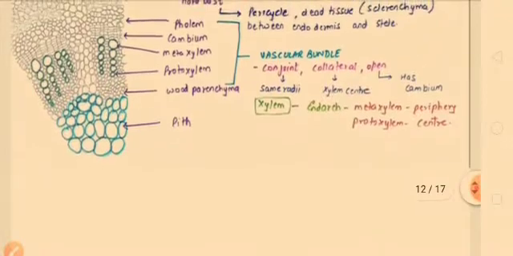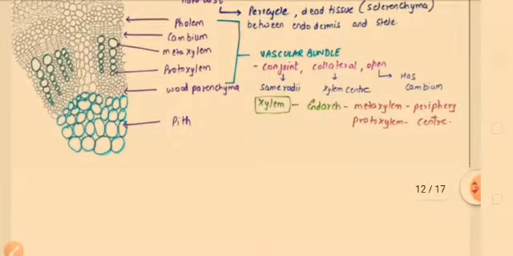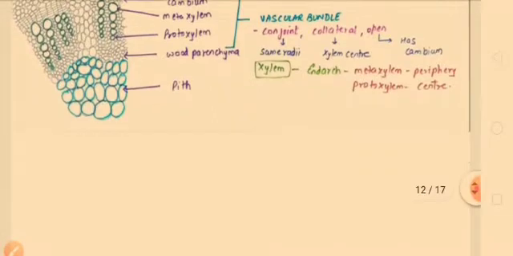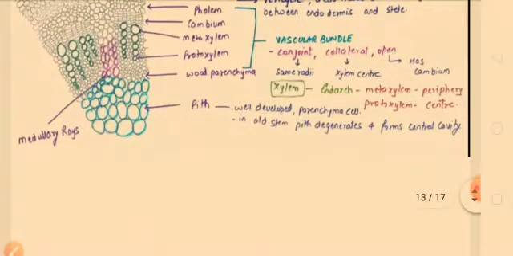Next to the xylem and phloem vessels, you have the blue colored enlarged cells called the pith. These are also made up of parenchyma cells. It is a well developed pith seen here, made of parenchyma cells, and in an old stem the pith degenerates and forms a central cavity.